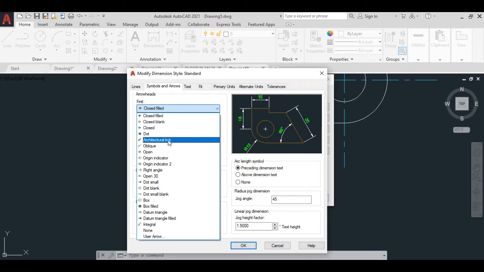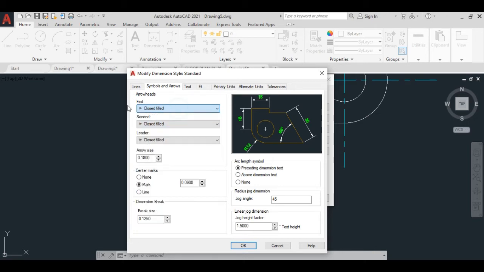If you are an architect, then you can click this architectural tick, but I'll not do this. The closed filled option doesn't matter. Arrow size, you can increase or decrease. I'll show you, if I increase the arrow size, I'll put here 0.36.